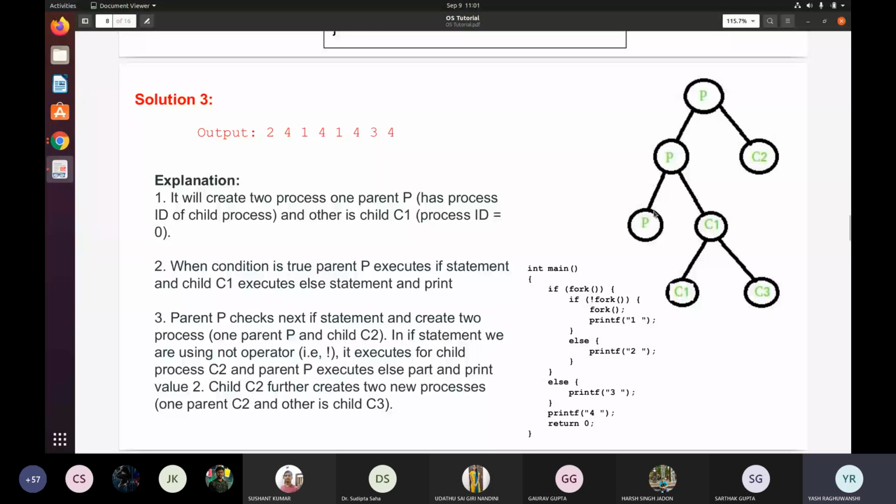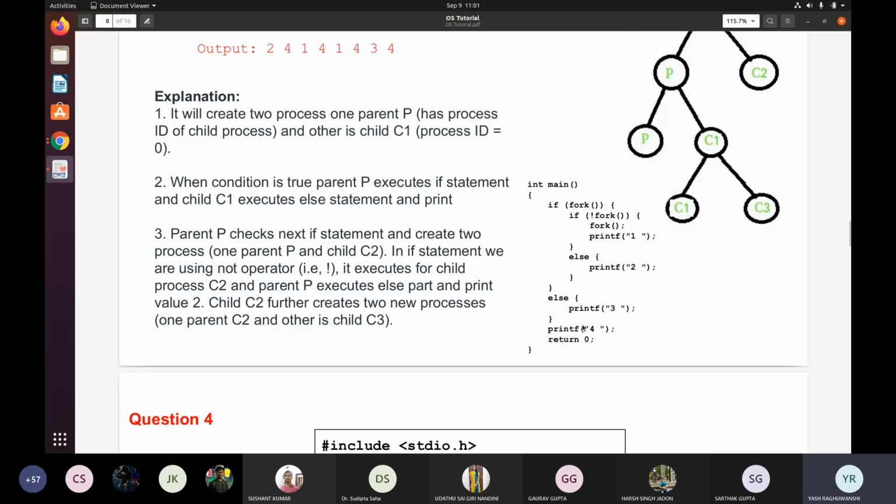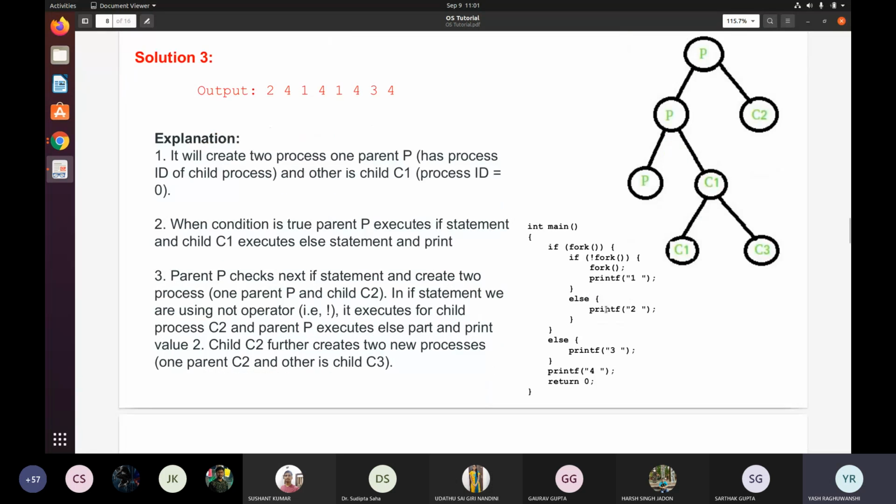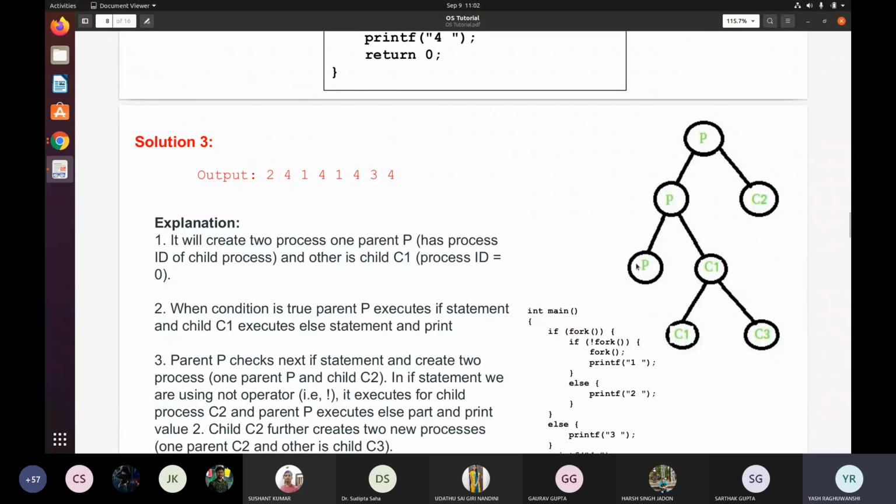So that's why it will go here and it will not proceed further. Okay, so it will print 2 and then print 4, come out of this loop and print 4. But for the child process it is 0, and not of 0 will be 1. So it will get inside this loop and again fork two processes. Here it will print 1 and then finally it will print 4. So you can see that in total there are 4 processes.